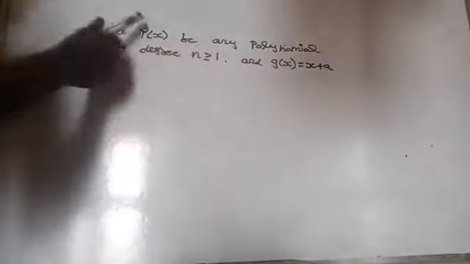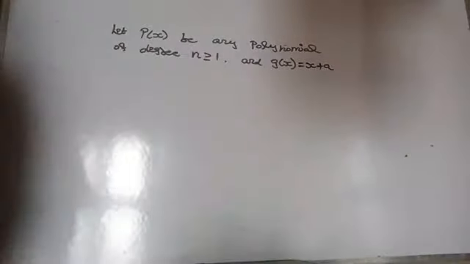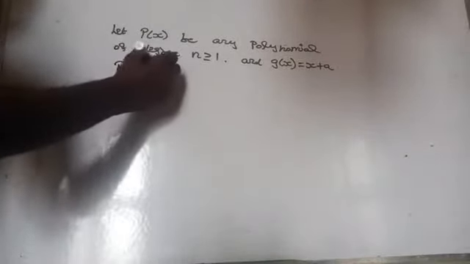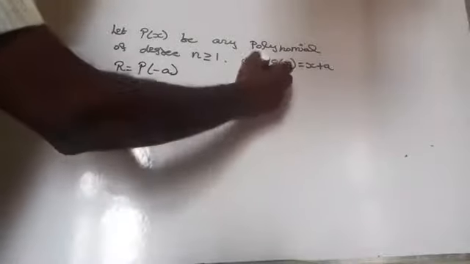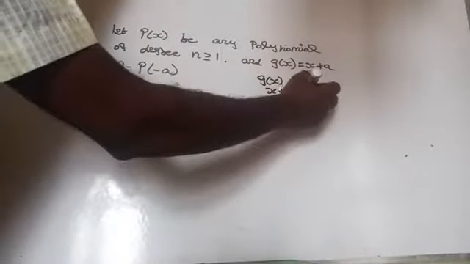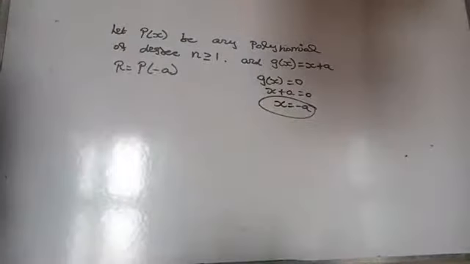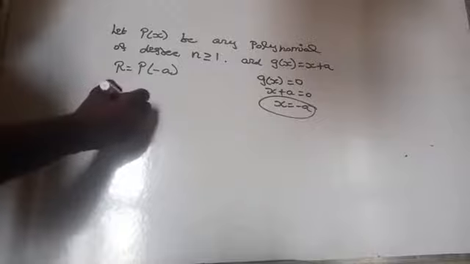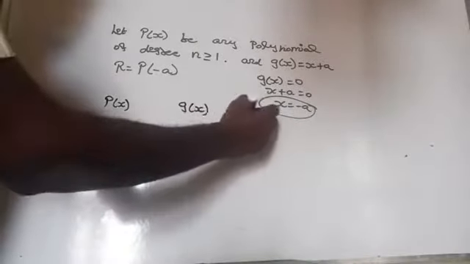The polynomial p of x is divided by g of x, that is p of x is divided by x plus a, then the remainder of the polynomial is p of minus a. Just equate the divisor equal to 0, you will get the value of x, that is x is equal to minus a. Then remainder will be p of minus a. Are you getting here? Now see, it is a given polynomial p of x. You are going to divide by g of x. What will be the remainder?